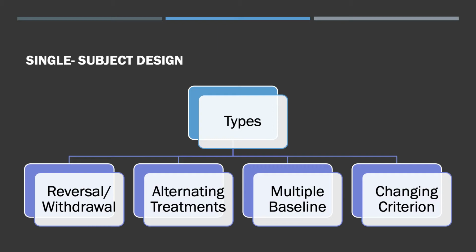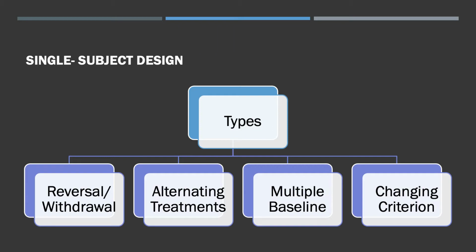And once we receive stable data in that baseline phase, we implement the intervention. Once we see the intervention have success and reach stable data, we do what's called a reversal or withdrawal of that intervention. We return back to baseline. And then once we've got stable data back again in baseline, we return the intervention back in place,